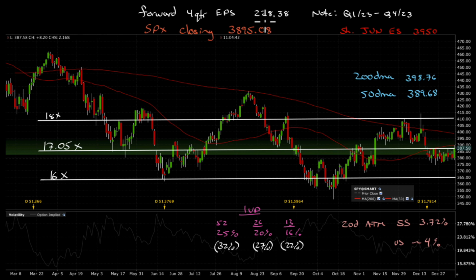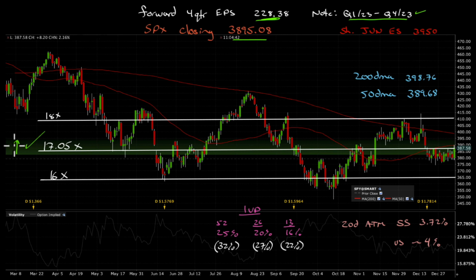Thursday morning, from an economy perspective, is CPI. The forward four-quarter EPS is now 228. That's because Q4 of 2022 has fallen off and Q4 of 2023 is now on, because it's the forward four quarters. Since we're in Q4 2022 earnings season now, it's not part of the forward. It is happening now. SPX closed at 3895, which gives us 17 times forward earnings based on 2023 earnings. And this green line on the chart lets you know that I am long underlying shares of SPY